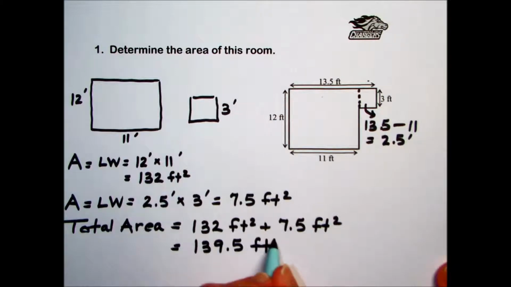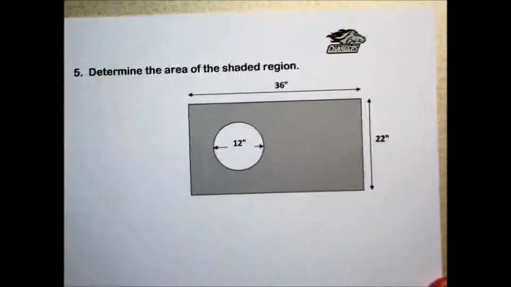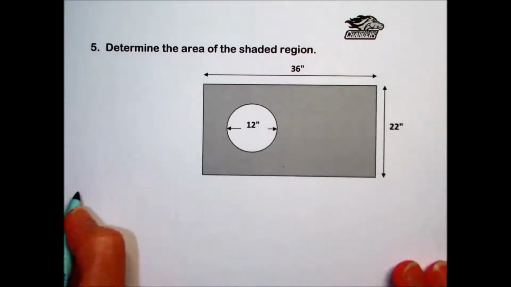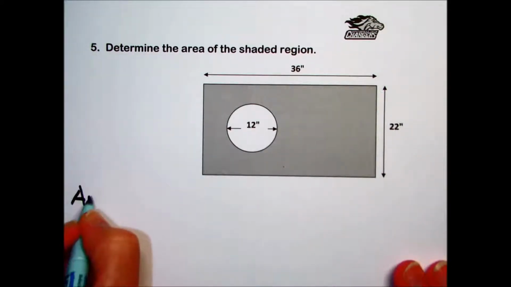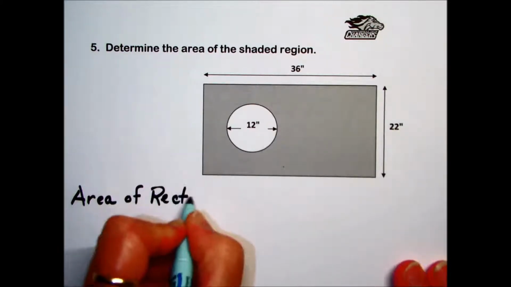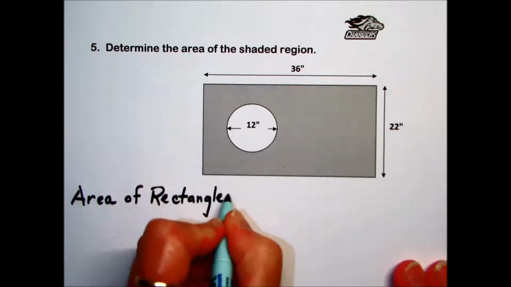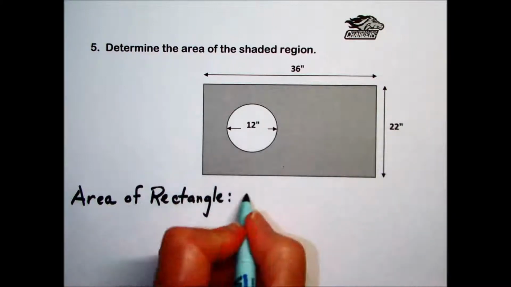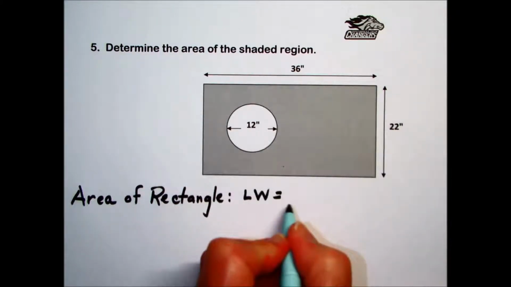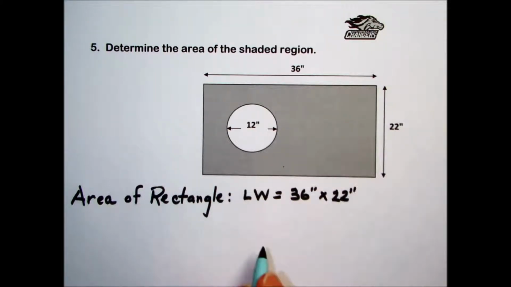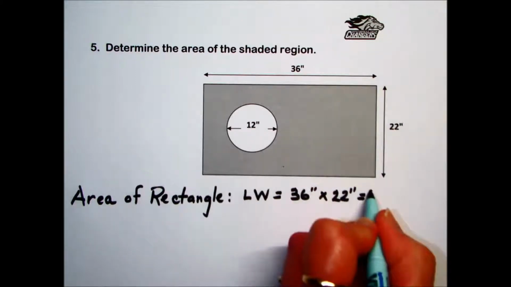139.5 square feet. In problem number 5, they ask us to determine the area of this shaded region. Well, let's start with finding the area of the rectangle, which is our largest shape in this diagram. It's a rectangle. We'll use the formula length times width. So we'll take 36 inches times 22 inches, giving us an area of